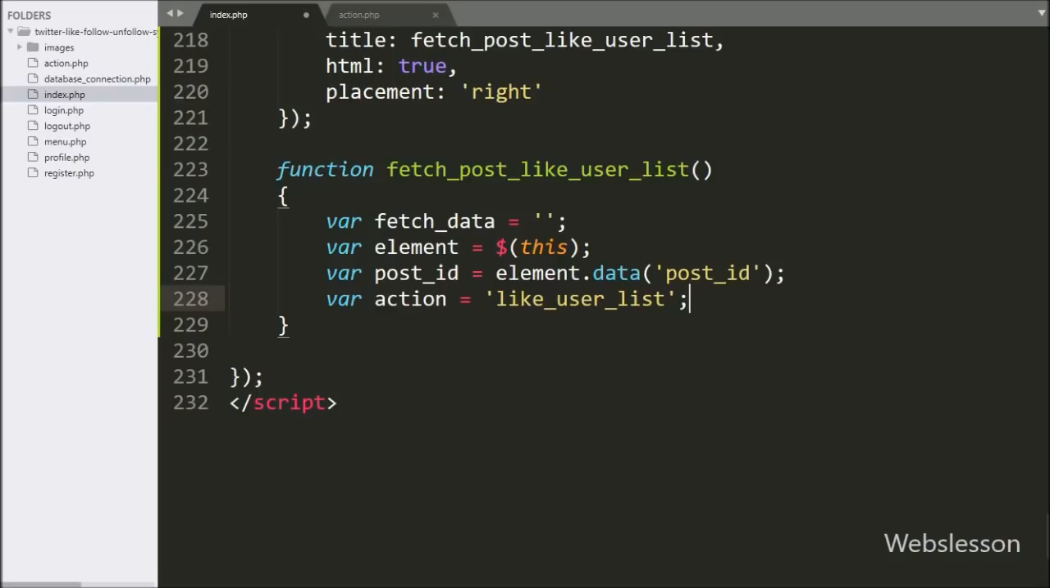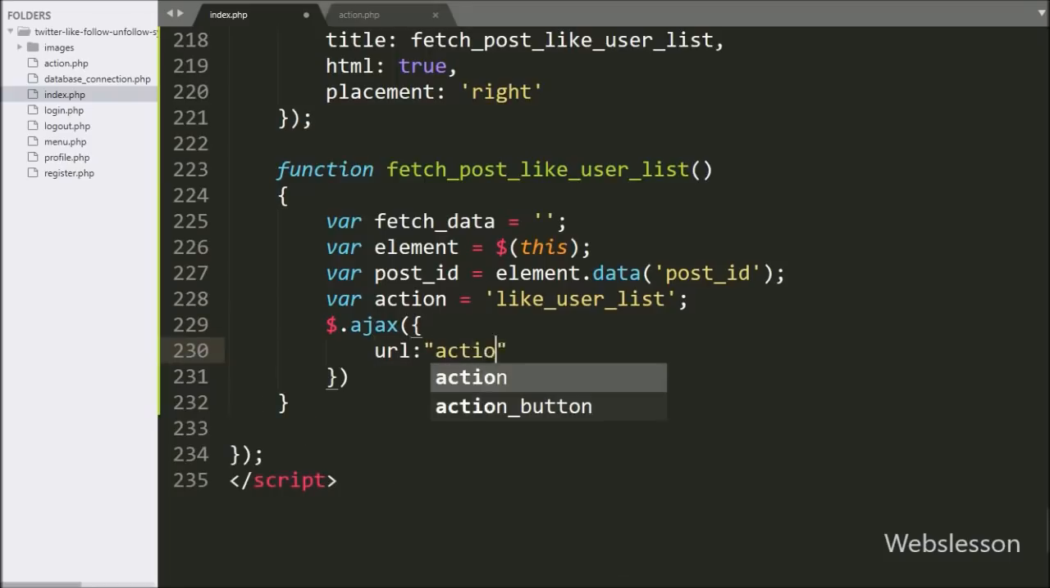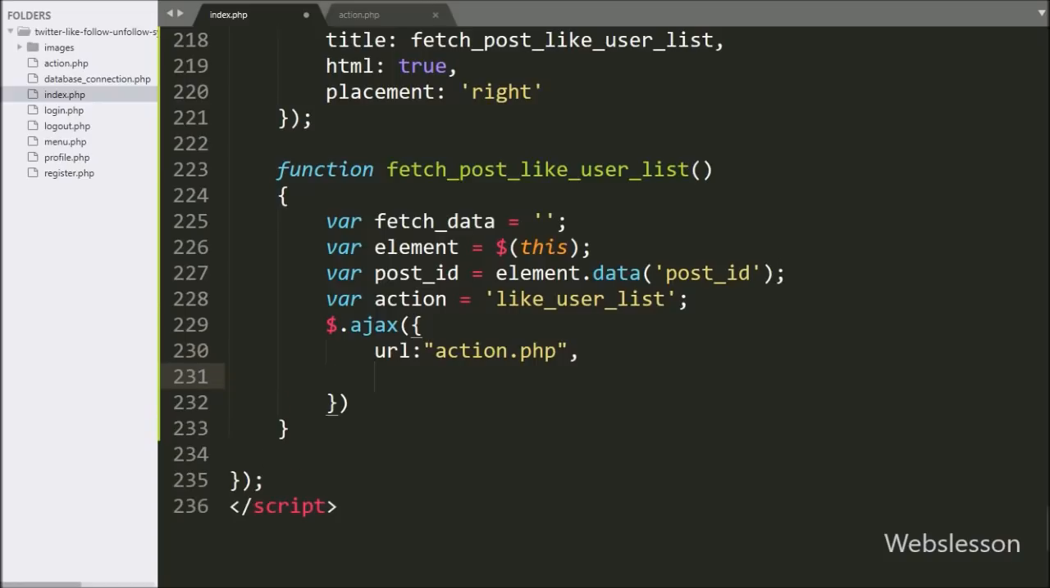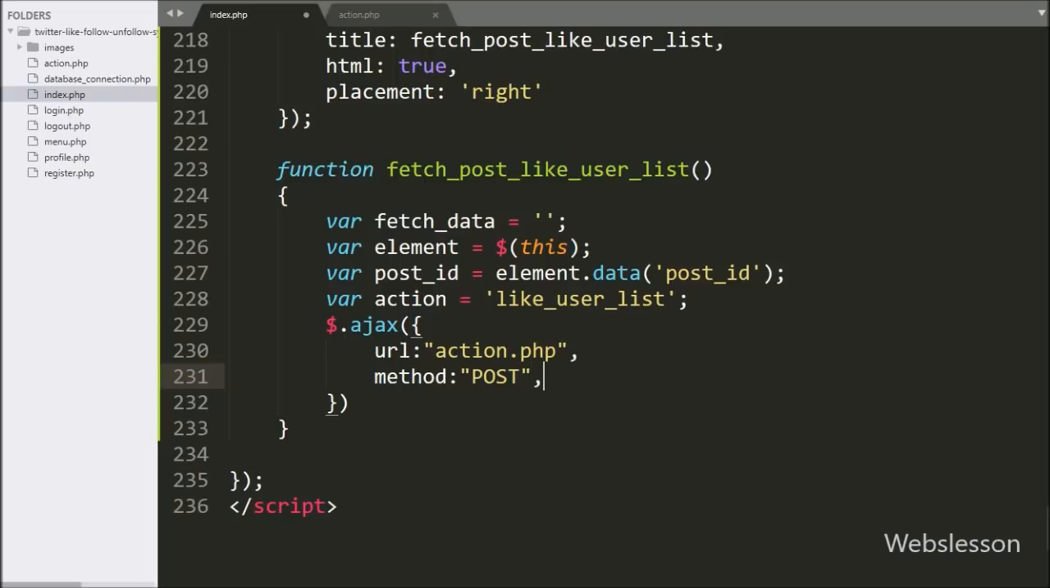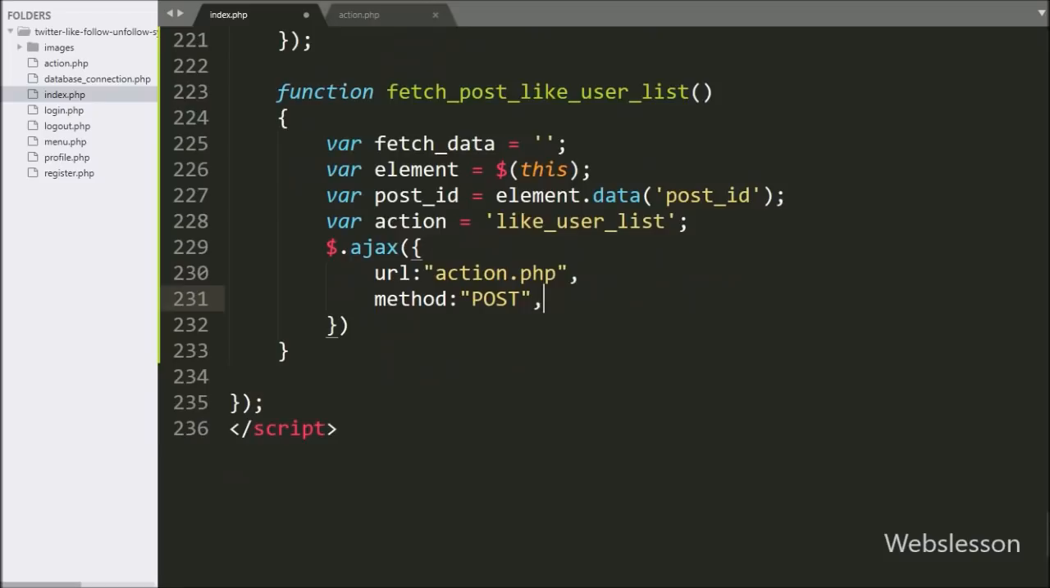Now we have started writing the Ajax request. In the first option we have written the URL option, set to action.php, so we send the request to this file. In the second option, we have written the method. In this option we can define which method we use to send data to the server, so here we